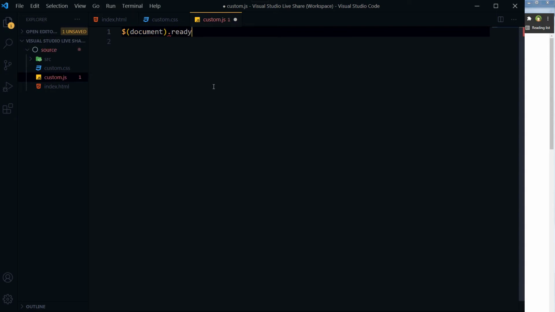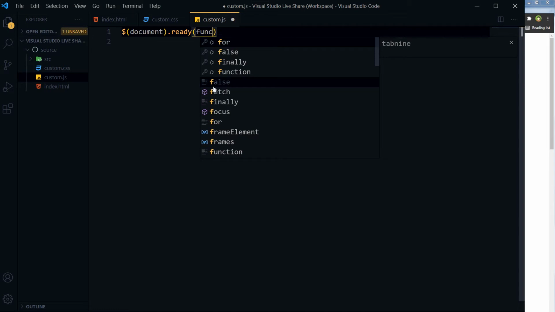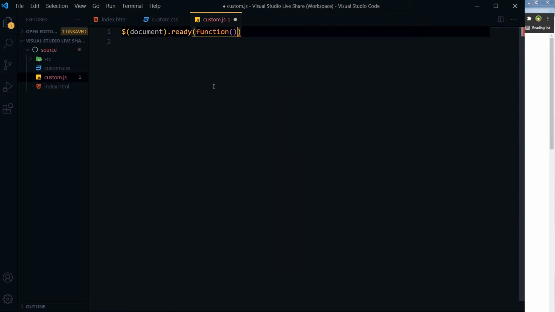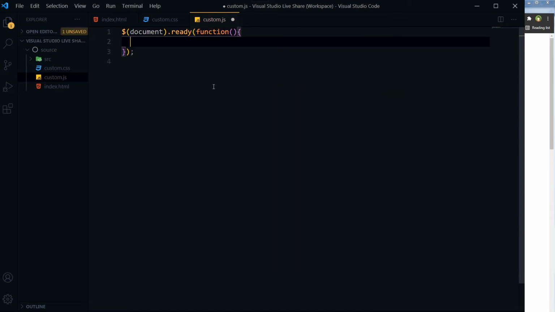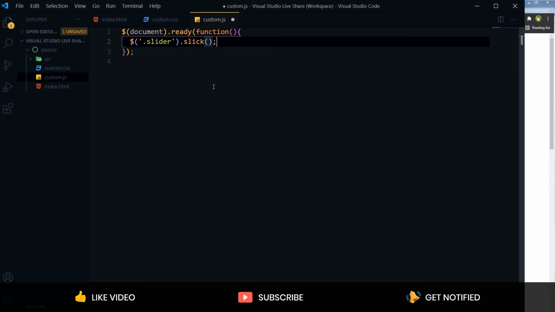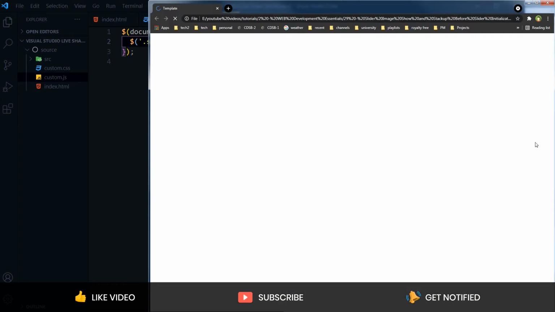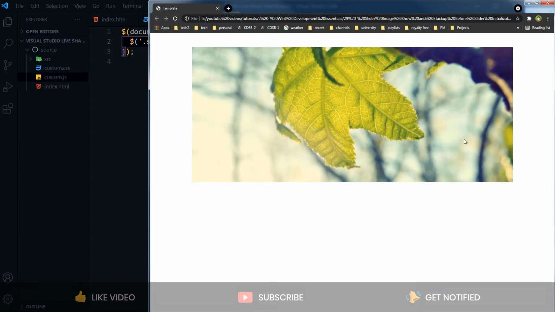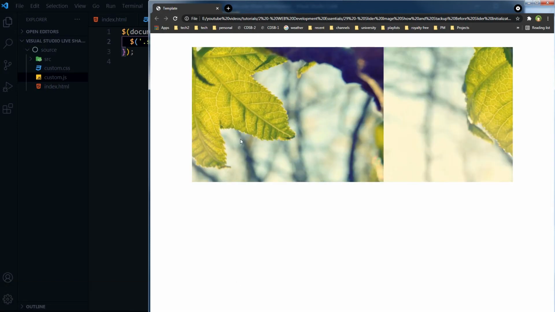Document ready. And here is this slider dot slick, and here is this slider.